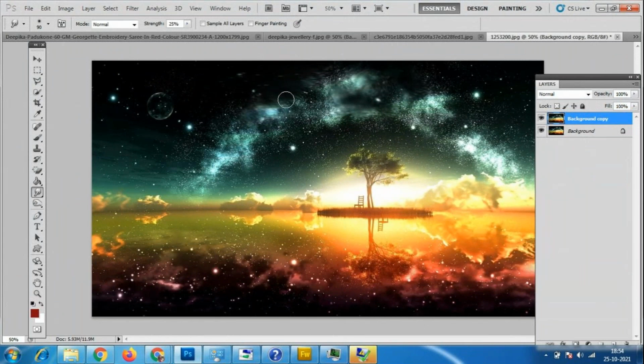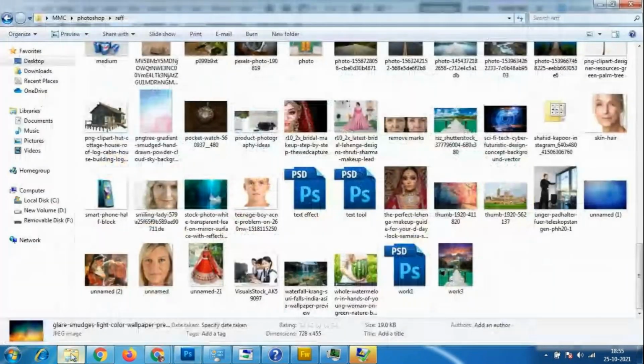Any of the backgrounds we can take like this, and we can directly apply. See, if you use too much smudge, everything mixes like this and it doesn't have any values. So don't mix it completely like this. See, here everything is very natural and very clear, right? But by using the smudge tool, it is a painting kind of effect, which is not very clear. But we have to keep working with this smudge tool.